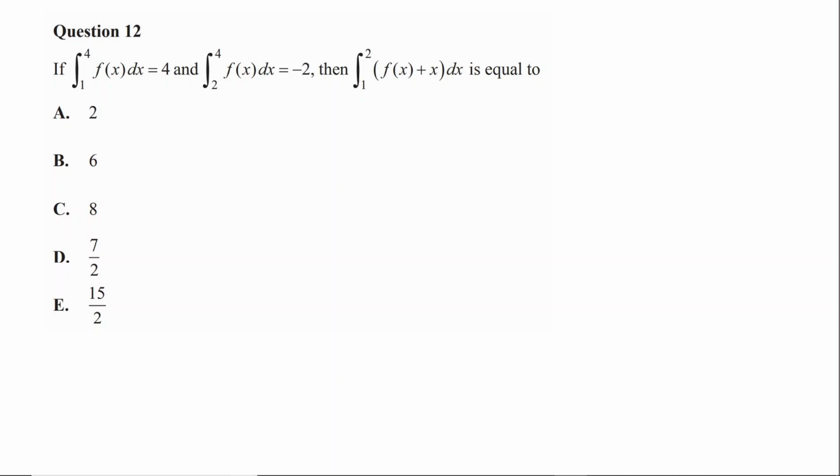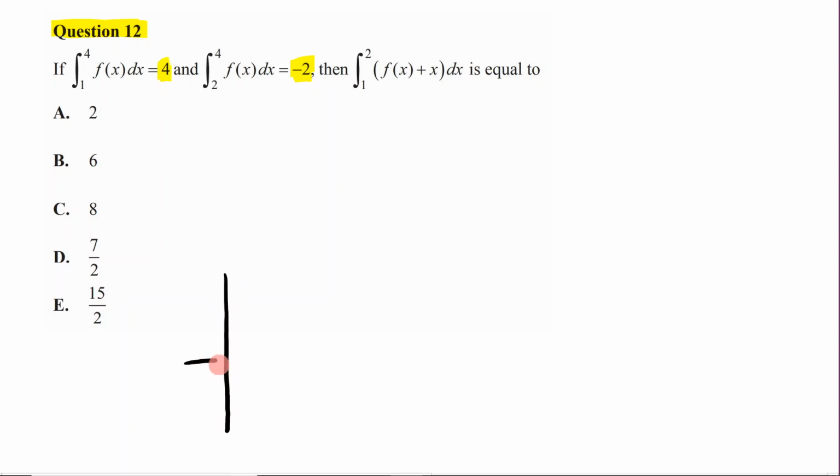Okay, so we are working through question 12, which says if the definite integral of f of x with respect to x between 4 and 1 is equal to 4, and the definite integral of f of x with respect to x between 4 and 2 is equal to negative 2, then this definite integral is going to be equal to one of these. Now, the way I like to approach these type of questions is from a very visual